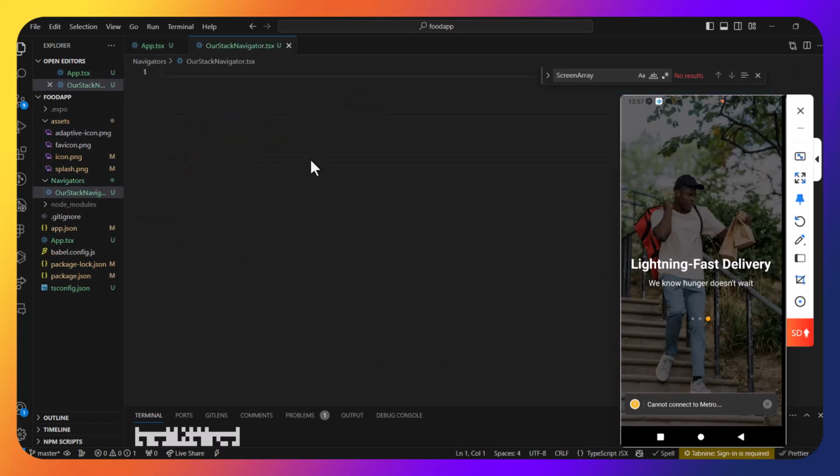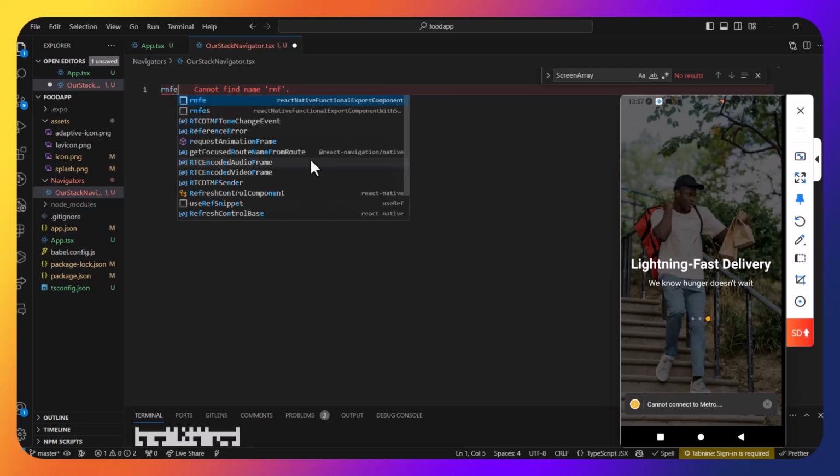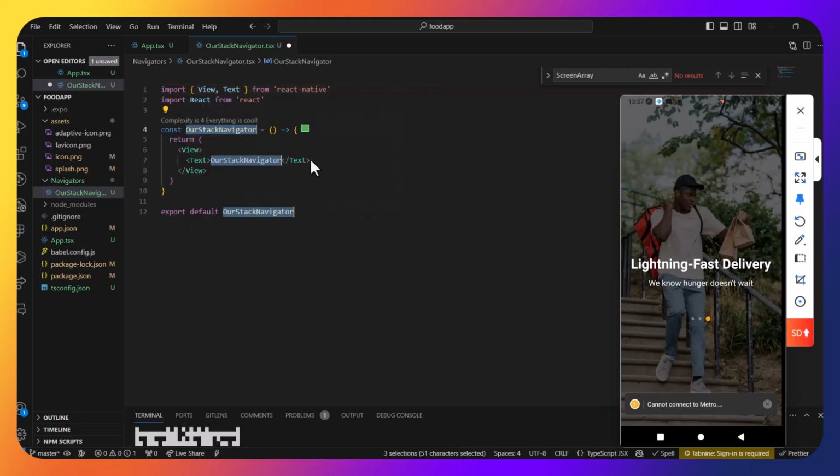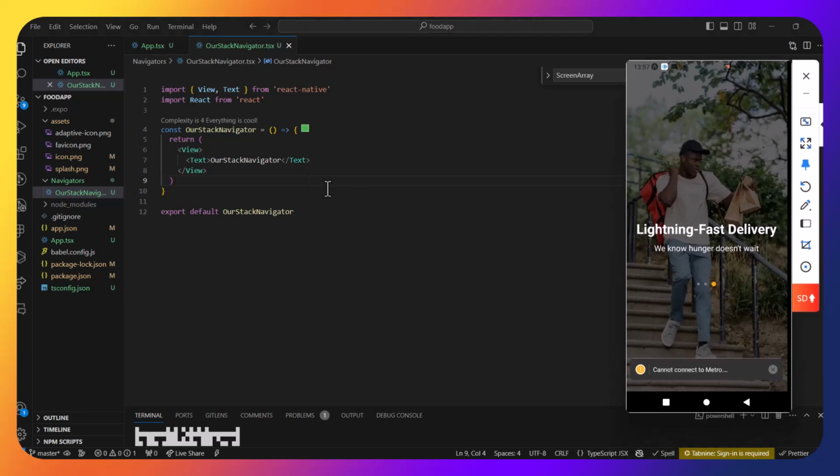Apologies about that. Then let me just use a command, rnfe. Okay, I'm on React Native. Yes, it works. rnfe. As you can see, guys, this command makes it easier for me to create simple components. Okay, so what we are going to do now,